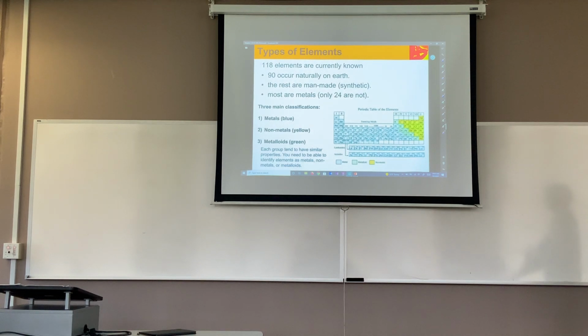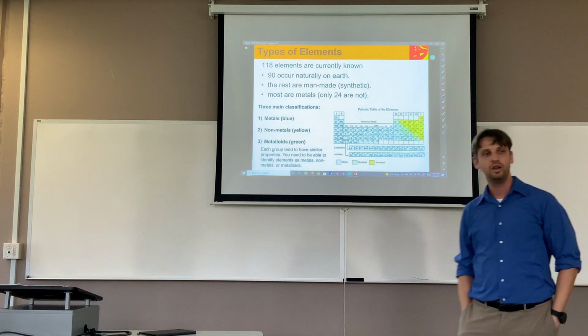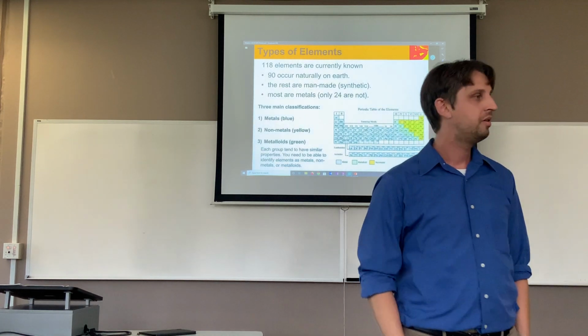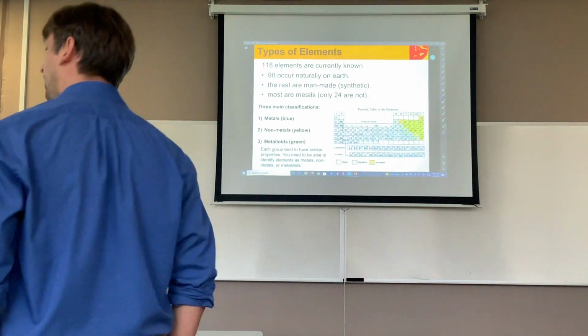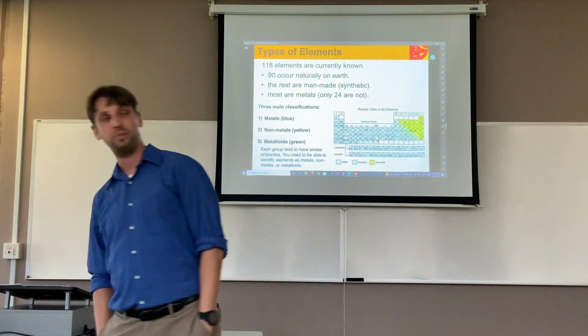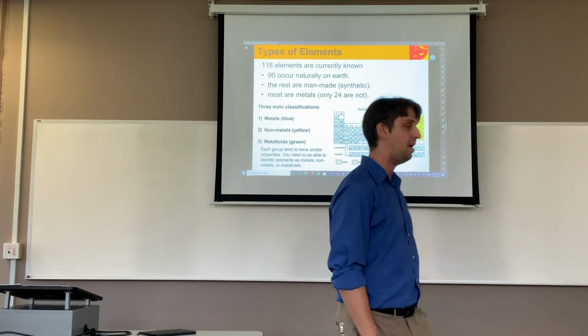One extremely important thing is just the broad layout of the periodic table itself. There are three broad classifications for the elements. There are metals, nonmetals, and metalloids, okay? For the most part, we're going to spend a lot of time dealing with the metals and the nonmetals. In a little bit, we're going to learn about how to name things. And one of the first things we need to be able to classify when we name things is: is it a metal or is it a nonmetal?